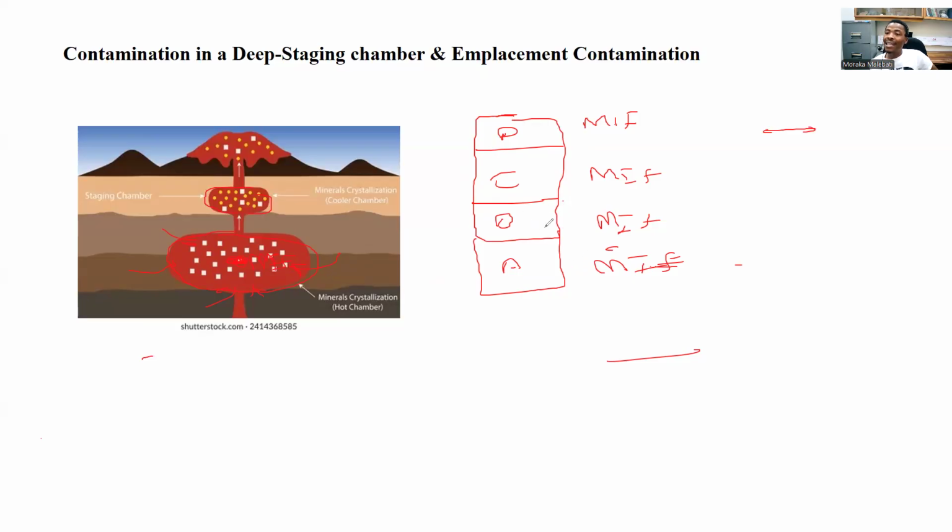What does it tell us? It tells us that the contamination happened in the deep staging chamber. Okay? Because now we are looking at the stratigraphic patterns. Because when we're looking specifically at these stratigraphic patterns, the assumption is that if the signals are found throughout all the stratigraphic sequence A, B, and C, okay, of the Bushveld complex, it would mean,